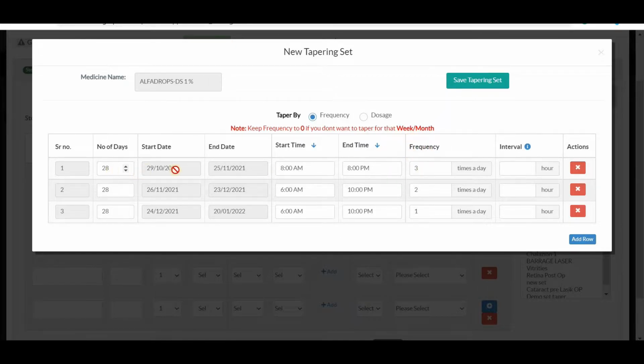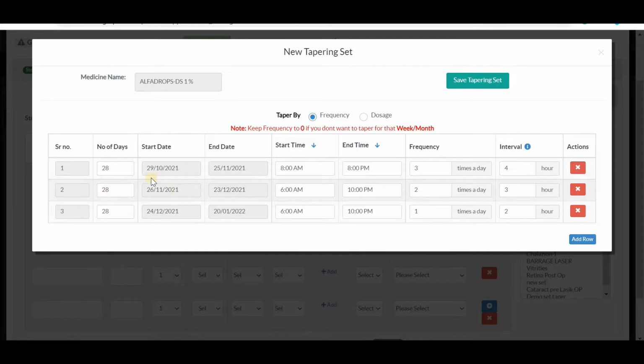The initial first set of 28 days would be 3 frequency, and then in between, anything that you would like to mention as time intervals, you can do that as well. So as you can see, for the first 28 days, the start time and end time would be the date and time mentioned here, and then the frequency is this, and the time interval is 4 hours, right? Similarly, for the next set of 28 days, you can modify the frequency, date, and other things, and we can also apply time intervals here. So for this also, let's go with 2 hours.